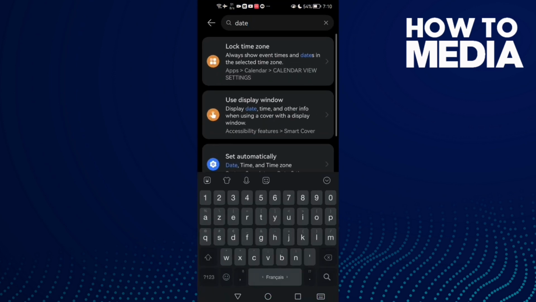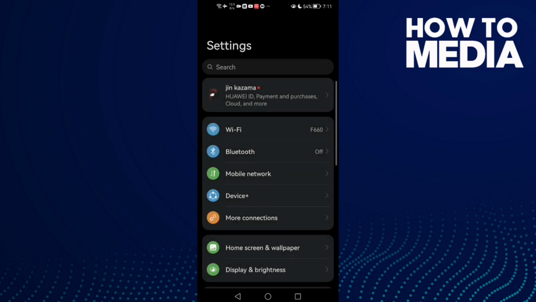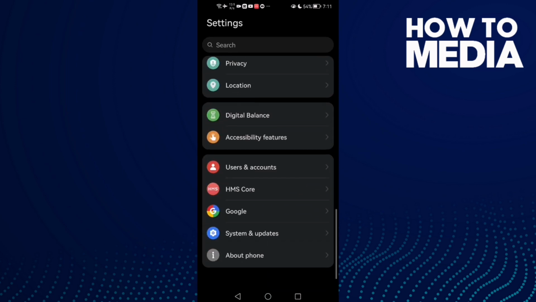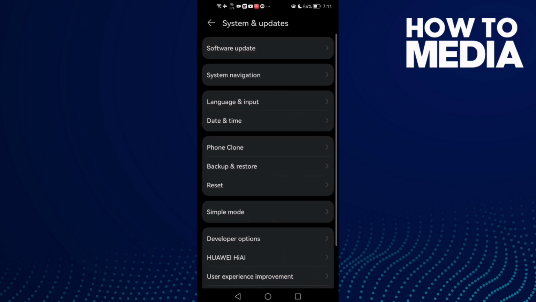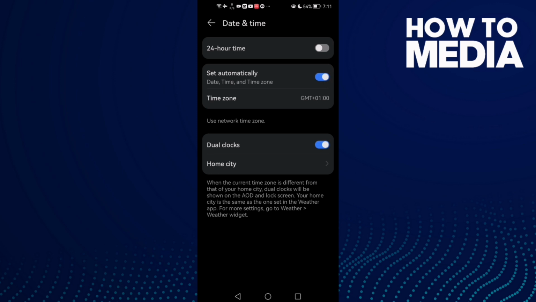First, open settings, and you can just scroll down until you find System and Updates. Click on it, and here you will find Date and Time. Click on it, and as you see here you can manage date and time settings. It's easy,